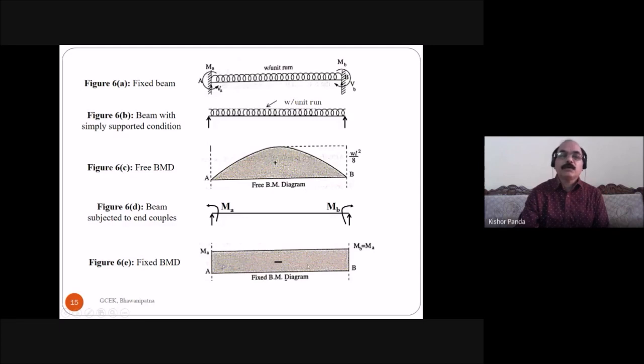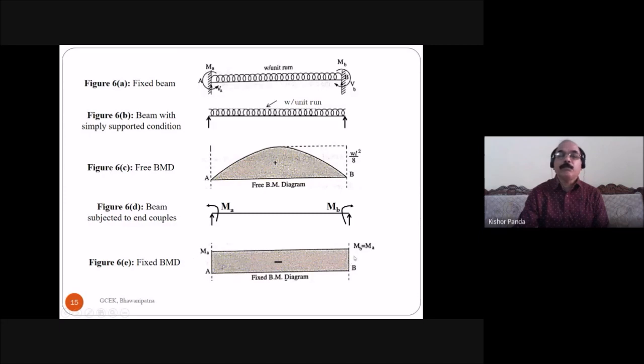Only one equation is sufficient to find the unknown, because here MA and MB are equal to M. If the loading is unsymmetrical, then MA and MB are unequal, so you have to use both moment area equations: A1 is equal to A2, and A1 x1 bar is equal to A2 x2 bar. But in this case, due to symmetrical loading, only one equation is sufficient,